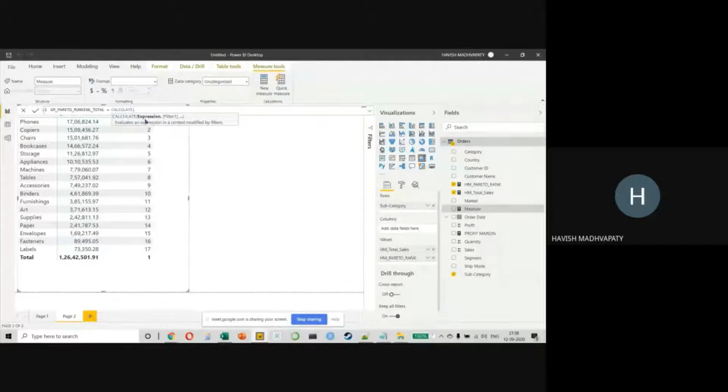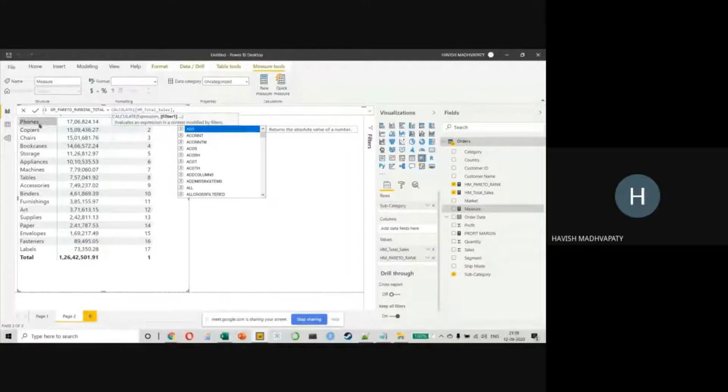So if you notice, there are a couple of arguments. We have expression, and you can add as many filters as you want, like this, right? So what is my expression right now? My expression obviously is my sales value, which is my total sales. This is simple. Now it is saying, what is the filter? Now my filter is going to be, just try to understand.